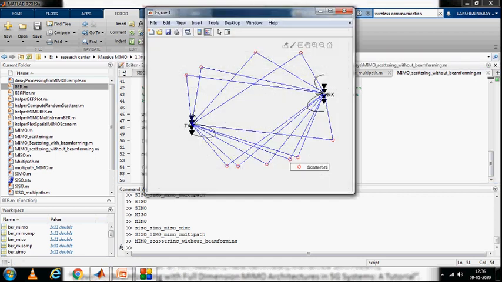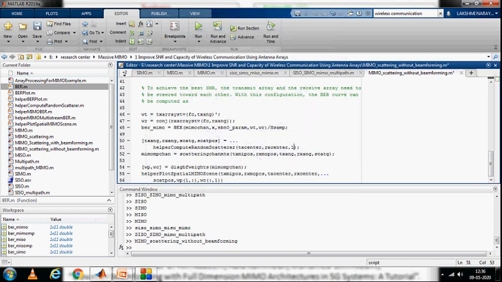We'll see here. Overall 10 scattering points we mentioned, that's why here these many scattering points. But if you place only one scattering point here,